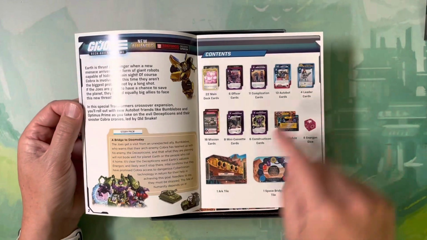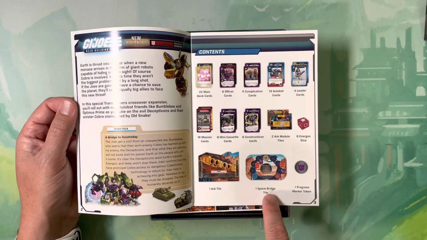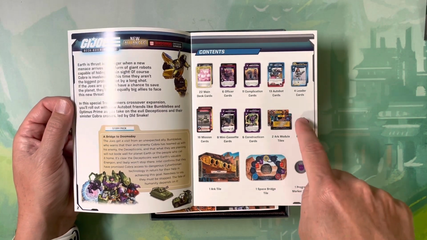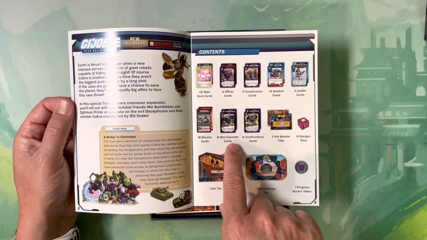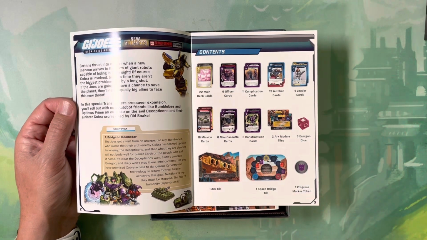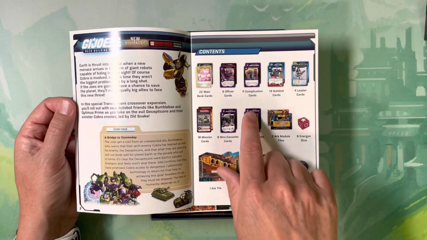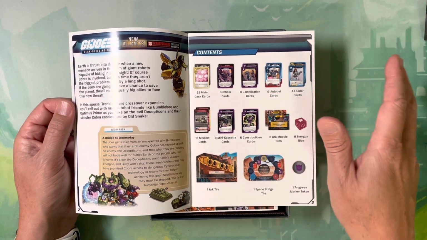So, let's see. We have an ark tile here. All right. Space bridge tile. Progress marker. 8 Energon dice. So, they're adding new dice to this. Mission cards, mini cassette cards, and Constructicon. Oh, my God. They've got Constructicons. 2 ark module tiles, complication cards, Autobot leader. Okay, so most of these appear to be